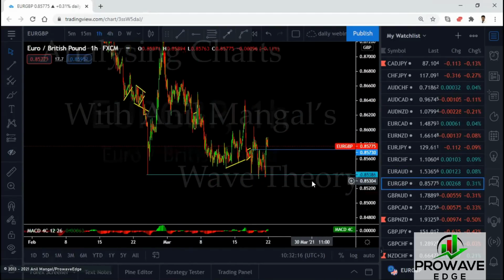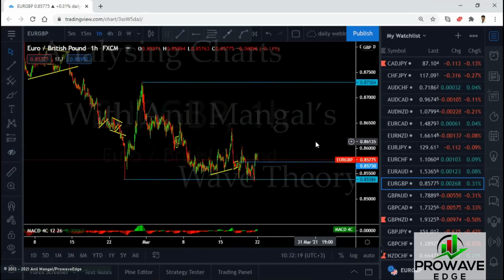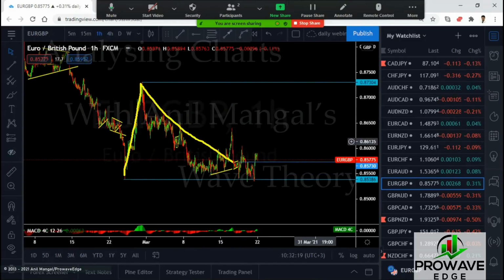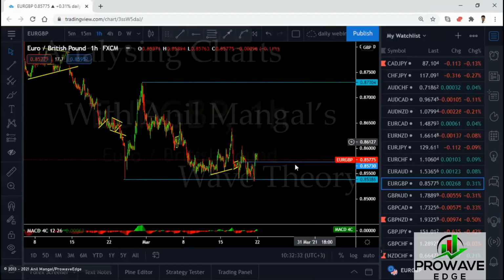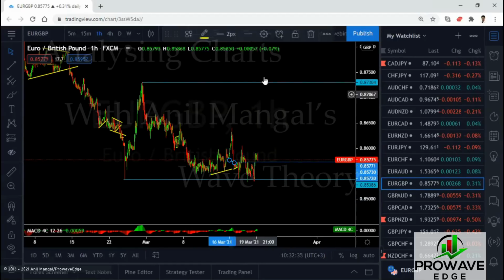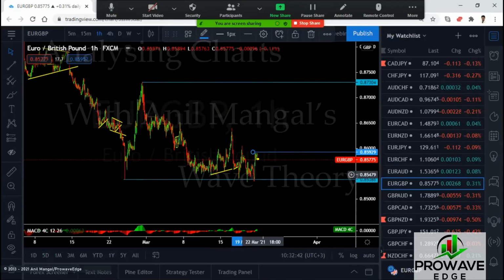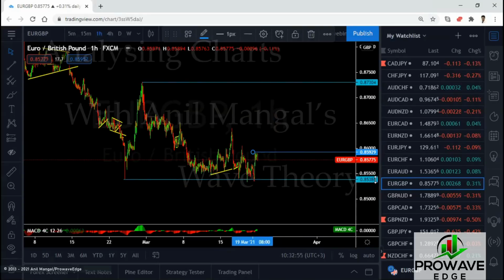Euro-Pound, we broke this low, so it will be a flat. It's going to be 1, 2, 3, and then downside. You're seeing a tendency in the euro pairs, right? This one is going to come back here and then downside because it's a flat. We broke the low. You can actually look for a buy setup. This was a sell. This was a short-term sell there. That was the buy that became a break even. You can look for a buy setup here if they go. But I believe they'll come back here low first and then go. Right? The sell here, I'm not interested in. But if they come back low and then decide to go, we're looking for this straight up to complete that flat. So let's see if we get that.